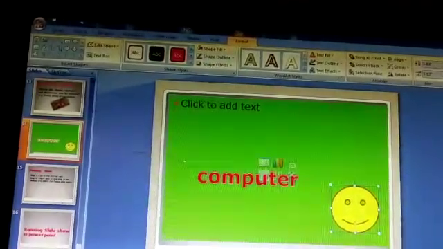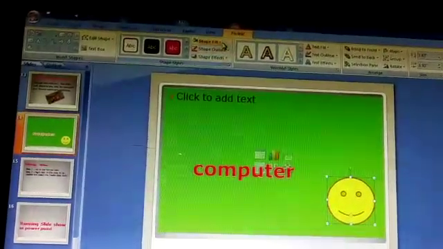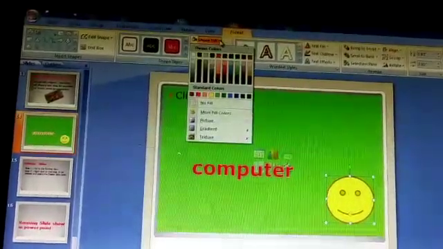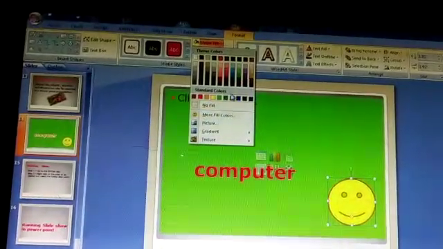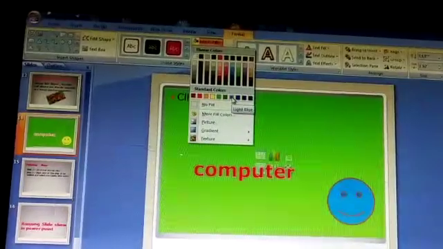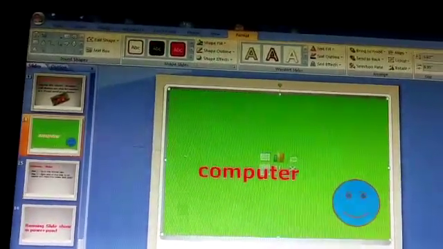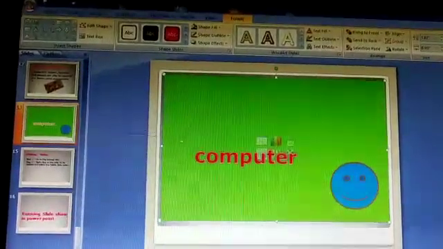I have chosen yellow color. You can see here the color is changed. Now again I am going to repeat. Next time I am going to change the color to blue. This is light blue. I have chosen this. Now you can see the color of the shape is changed.